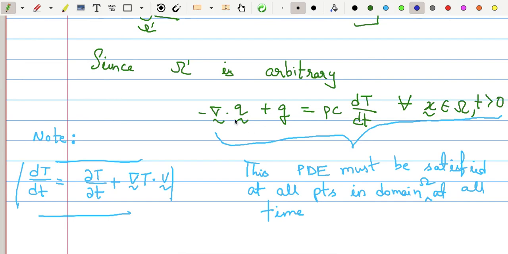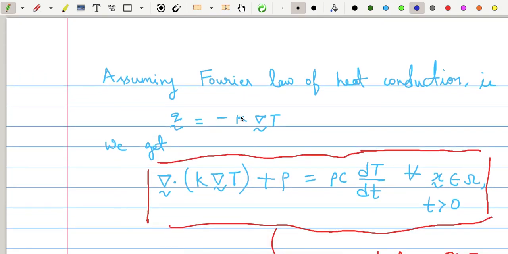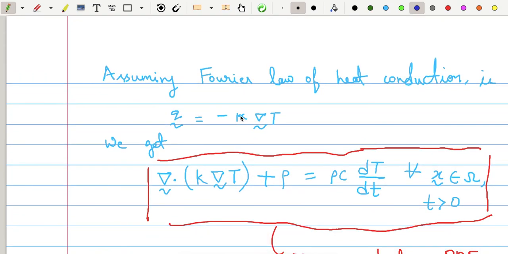Okay. Now, if you see, there are two variables here, right? In the equation, temperature is one field variable, heat flux is another field variable. How are they related? Now, Q over here is actually conduction flux, okay? Because remember, we are dealing with material volume, so you can only have conduction fluxes here. So conduction flux, what is it? So we can assume Fourier law of heat conduction. This is a pretty good assumption for most materials. So heat flux Q can be taken as minus K gradient of temperature.